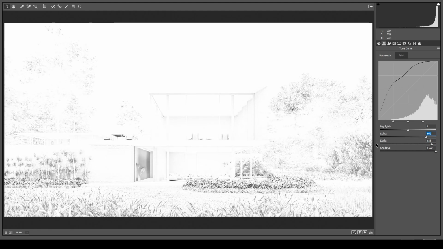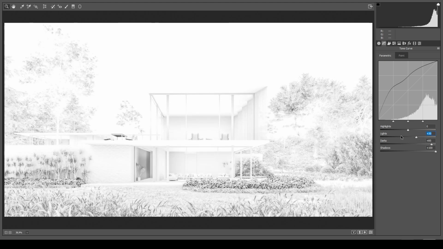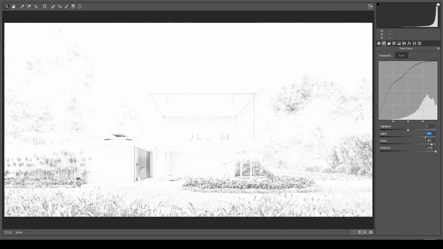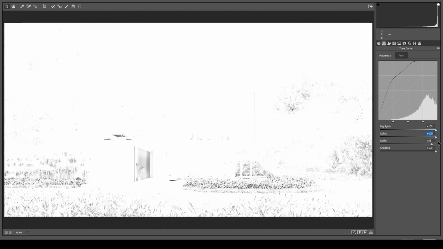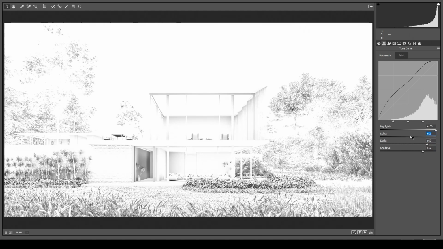I'm looking here. I want to balance them between the dark and white. I don't want to lose my dark corner here, but also I don't want to have a very dark corner. Something like that.